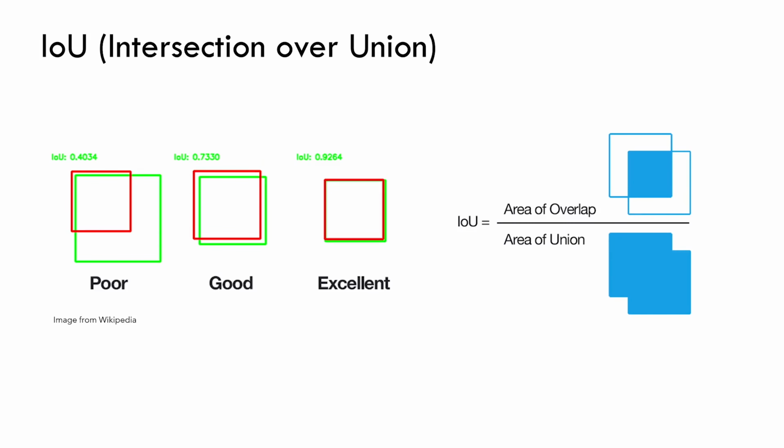Now let's have a look at what is intersection over union. Intersection over union allows us to understand how good our prediction is given the ground truth, especially in segmentation models or in object detection models. So for example, imagine we are using object detection, and our ground truth box is this green box here, but our model produced this red prediction as output. You can see that even if there is some overlapping, it doesn't cover the entire box, so the prediction is quite poor. But this improves when the red box becomes bigger, so there